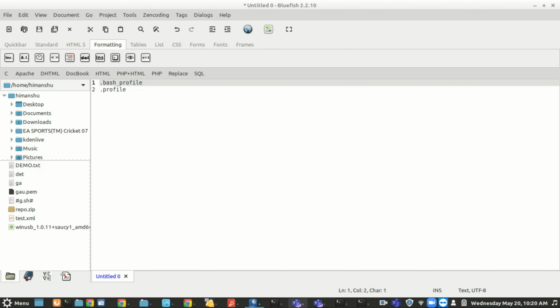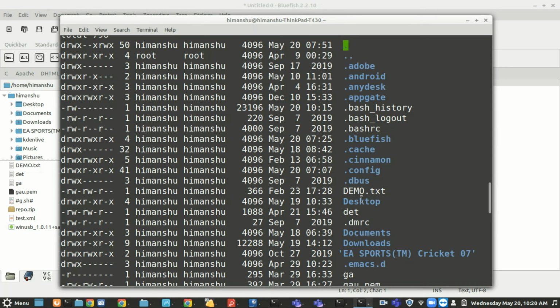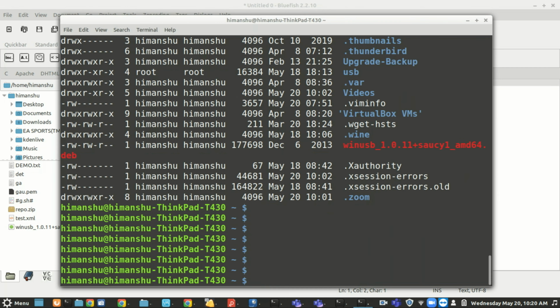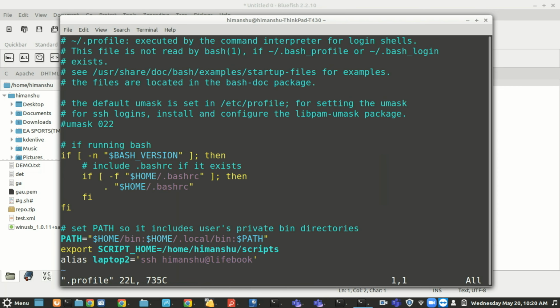Let me do it like this. So now what I am doing, I will do vi .profile. Don't confuse with vi right now, we will see it later. I will do shift G, and I will just go ahead and export a variable. export train_name, a new variable, is shell scripting training. Okay, and save it.